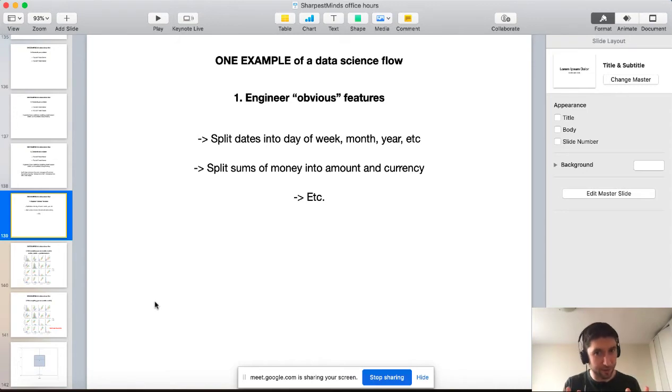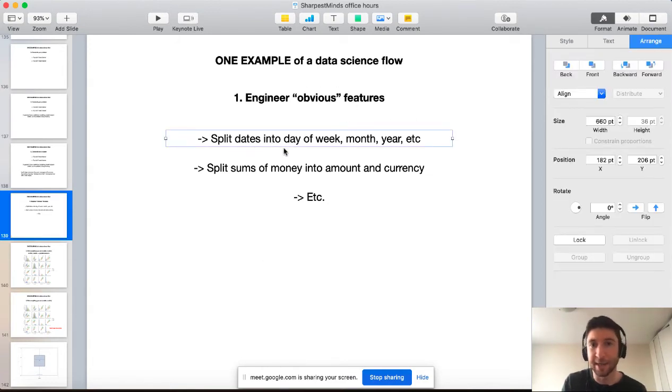You're going to start with a certain feature engineering routine, do some data exploration. You might discover, oh, maybe there's no correlation between X and Y, but maybe there would be a correlation between X and some log of Y, or Y times Z, or something like that. So you want to treat this as an iterative process, but the first step is always going to be, you'll have some obvious features, things like